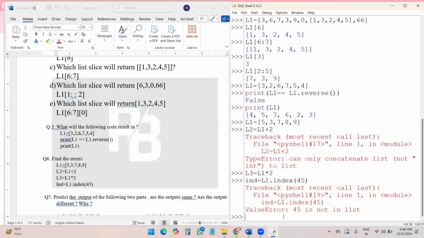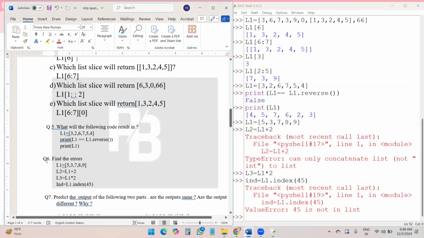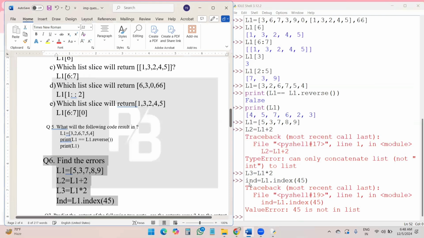So I just want to find out the errors in the question, students. This is my question, okay? And I just want to find out the errors. So how can I, students, check? This statement is true. This is not true, because we know that a list never concatenates with a number. A list always concatenates with a list. Okay. Next, I write L1.index(45). That means what, student? 45 is not present in the list. That's why it shows an error.